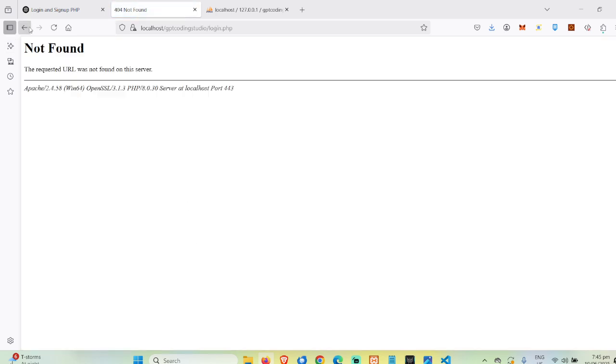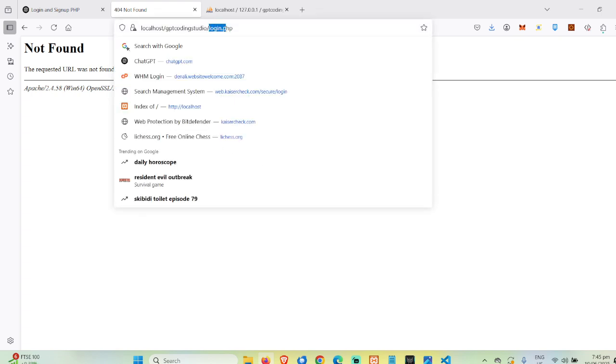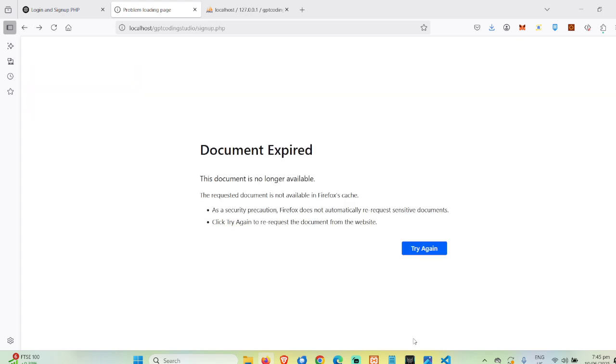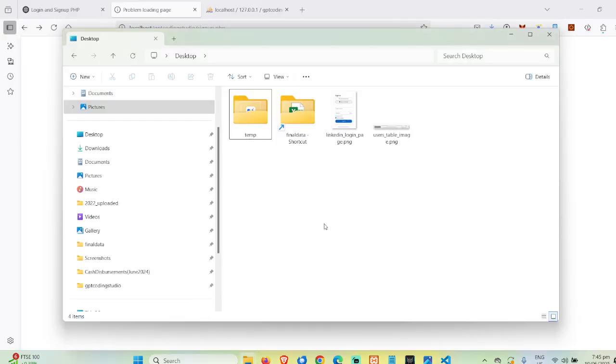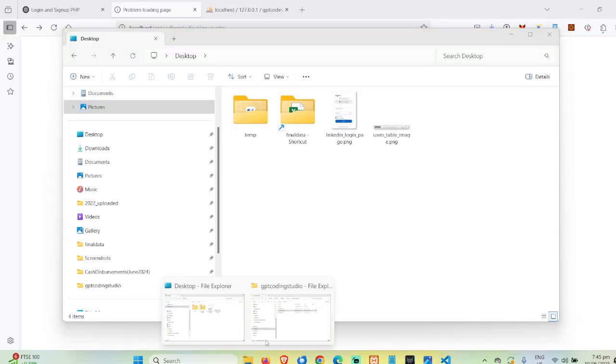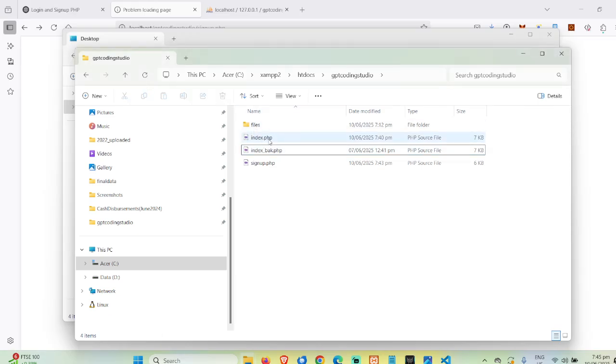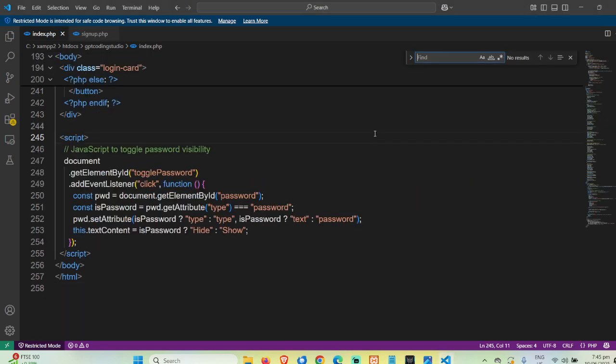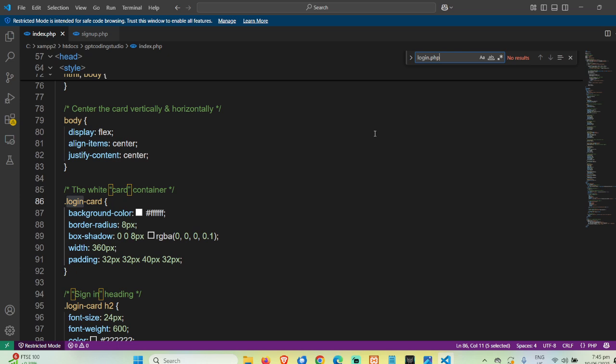Oh, there's an error in the sign in button because it's going to the login.php. The error here is that we have not told ChatGPT that it's not login.php. It should have been index.php. So now we need not ask ChatGPT that anymore. We could go to our index.php and just look for that login.php and change that. Okay, we could just control F to search login.php. Where is it?